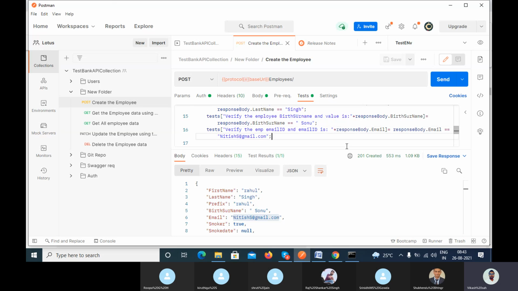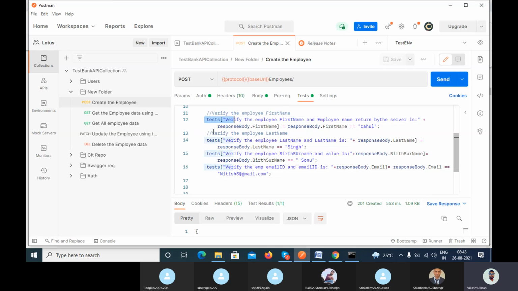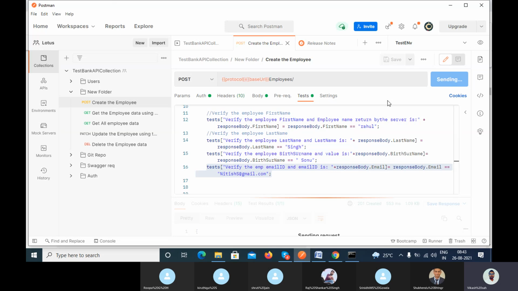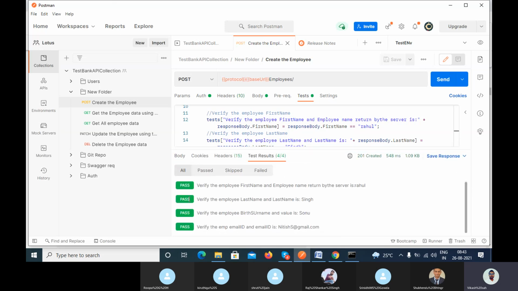Okay, let me call this. So I have added the assertions for 1, 2, 3 and 4, right? It's very simple and straightforward. So you can see it here. You have added the 4 assertions here. Verify the employee first name, and the employee name returned by the server is Rahul. Verify the employee last name, and the last name is Singh. Verify the employee birth name, and the value is Sonu. Verify the employee ID, and the employee ID is